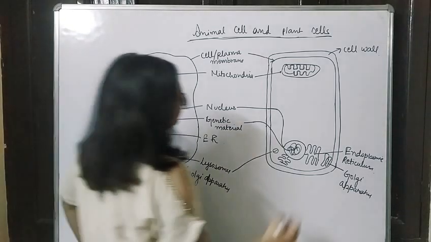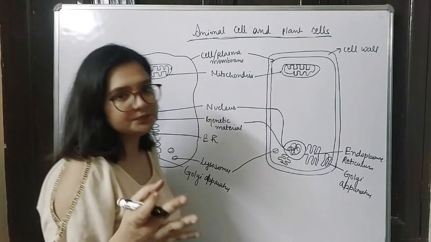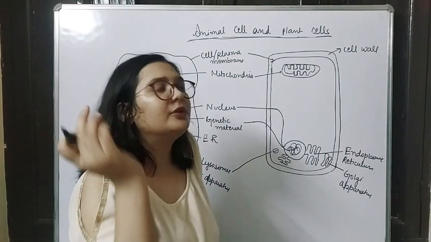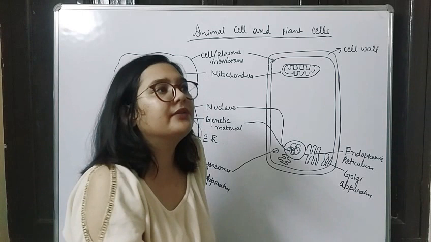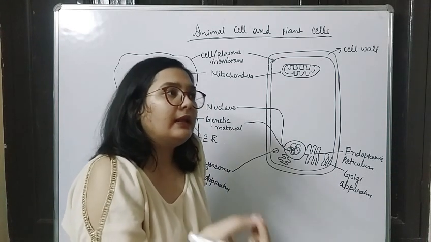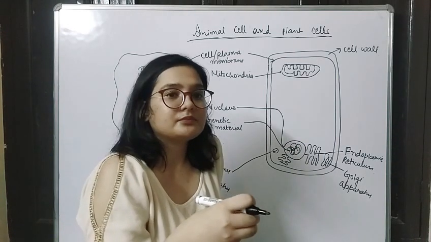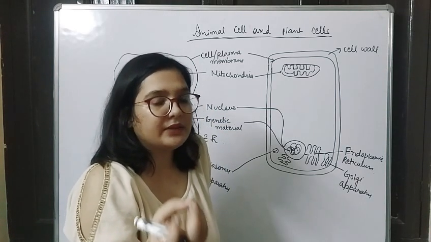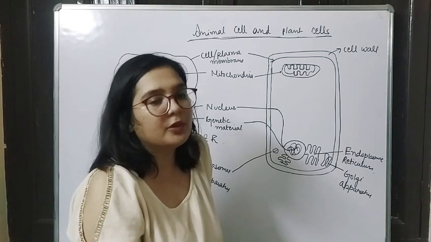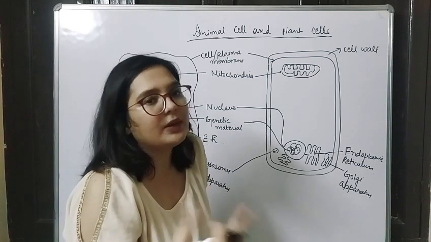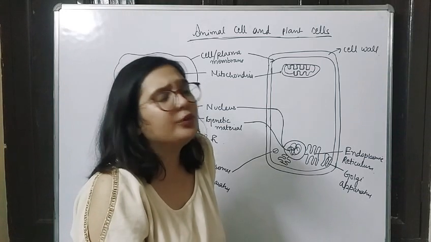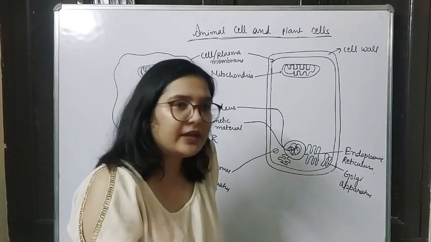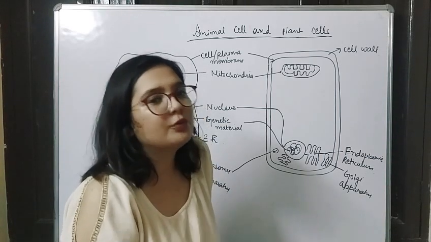Fine. Now let's make chloroplast. Plants are able to photosynthesize, right? They're able to make their own food. Now why are they able to make their own food? Because you have studied this from class 3rd, that they have chlorophyll in their cell. Now chlorophyll, as you all know, is a green color pigment that is present in plants, and that is responsible for trapping sunlight. So chlorophyll is the one that is going to trap sunlight, and it is going to change your solar energy into chemical energy, and with the help of that chemical energy it is going to produce food in plants.